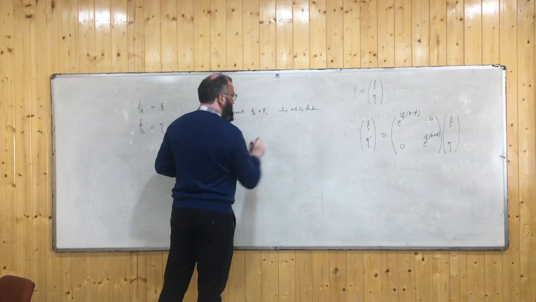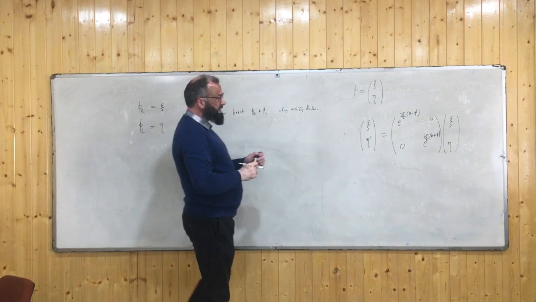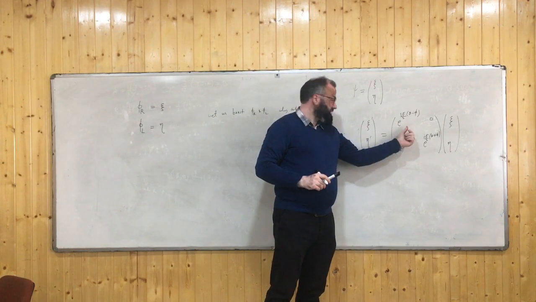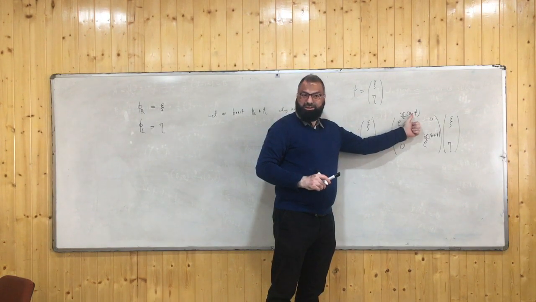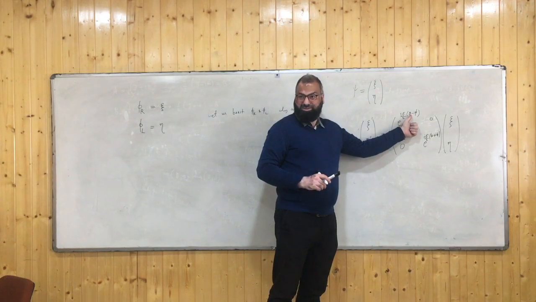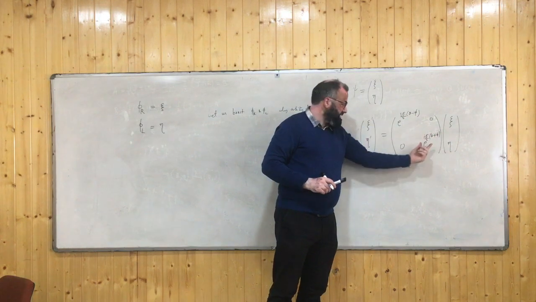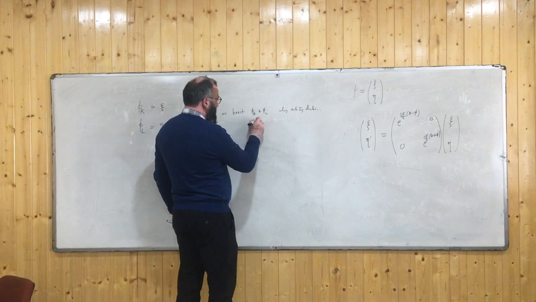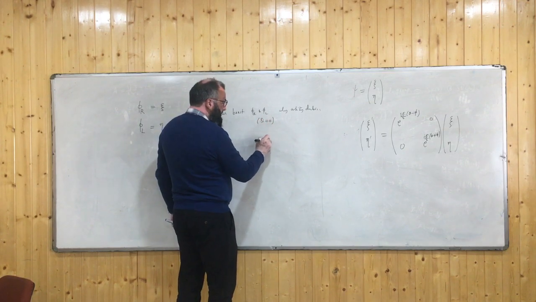What does that mean? Can anyone tell me? That means I have to apply this transformation, since this represents rotation as well as boost. Theta is a rotation parameter, so since I am applying only the boost, theta is equal to 0. This will act on zeta and this will act on eta. So theta is equal to 0 here, and it is equal to e raised to the power